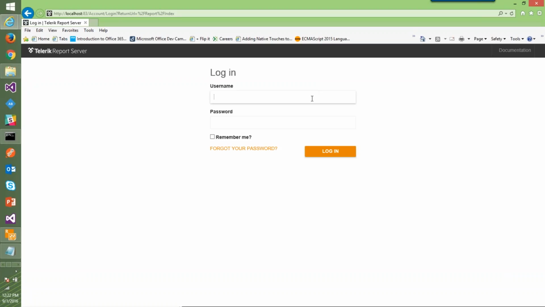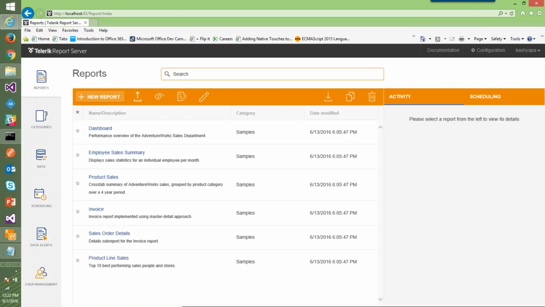So I have set up my own user. I just created that user, and by default what we have done is when you install, we have shipped a couple of example reports for you to just get started. So notice here on the left hand side it has reports, categories, data, scheduling, data alerts, user management, all those things, right? If I go to user management, it will pretty much have only one record now, and that's me,